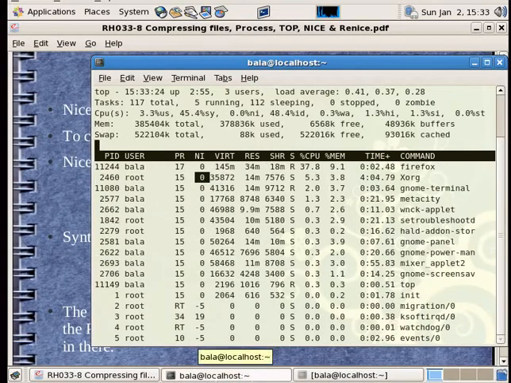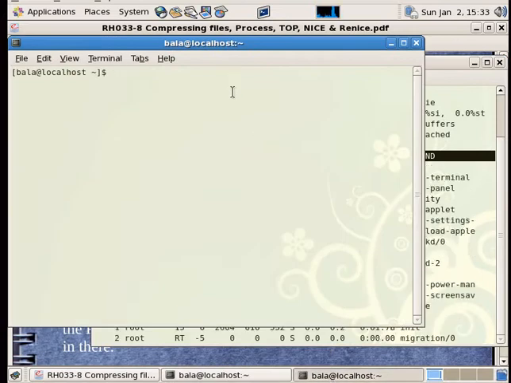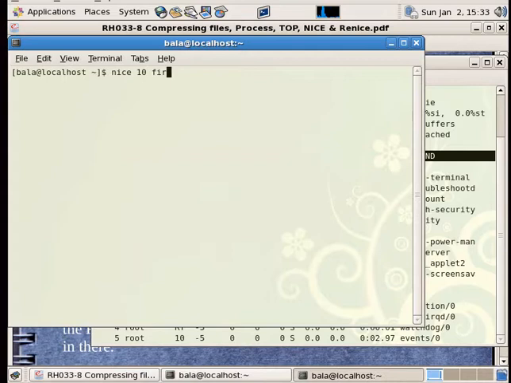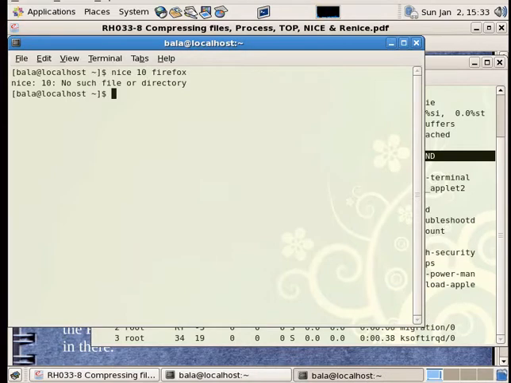Now I am going to open Firefox from the command line with a different nice value. So nice is the command. Let me put 10 Firefox. Hit enter. Oops, sorry, no such file or directory. I have to give the path probably.